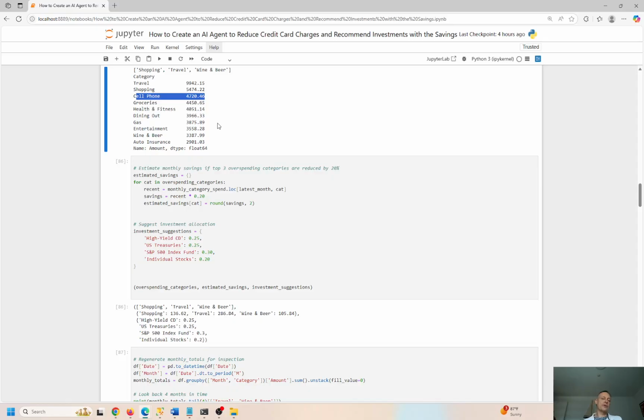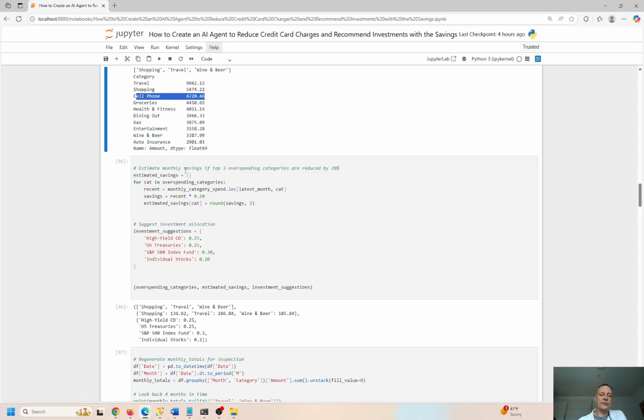So I know what you're thinking, 4,720 for an annual cell phone plan. It's a little bit high. This is kind of made up data, right? I'm not too concerned about the cell phone. I'm trying to illustrate the point. And for some people, this could be very realistic too. Like my cell phone is probably a fraction of that, probably closer to 400 per year. For this guy or girl, they make a lot of calls for some reason. It's 10 times more than mine is. But just humor me, okay? Let's go with it.